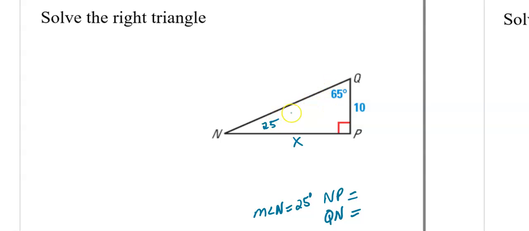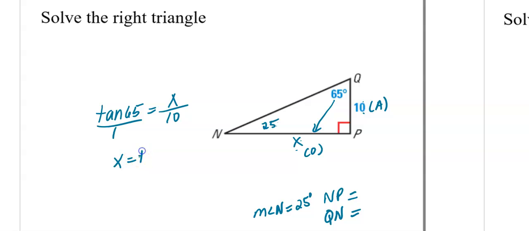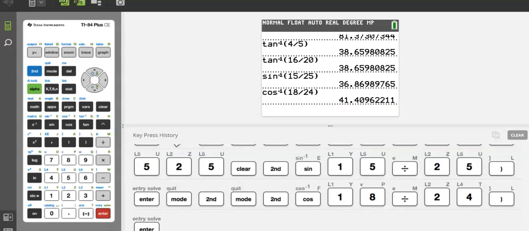You have an option. If you have two reference angles, you could use 65 and do opposite and adjacent, or you can use 25 now and do opposite over adjacent. There's no hypotenuse. So I know it's the tangent function. I'm going to do 65. At that point, I know I have opposite and adjacent, no hypotenuse. That's why I chose tangent. Opposite X, adjacent 10. In this one, when I actually have to solve, I'm going to put it over 1,